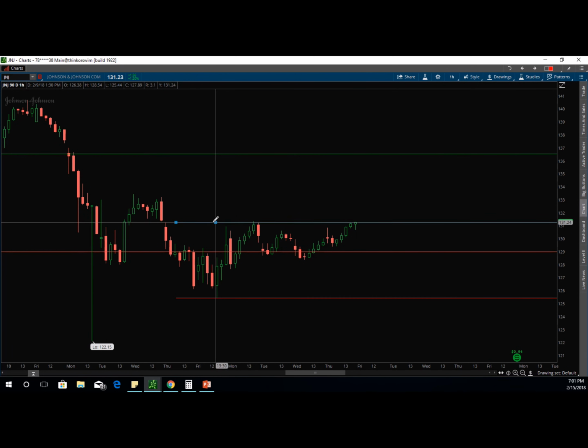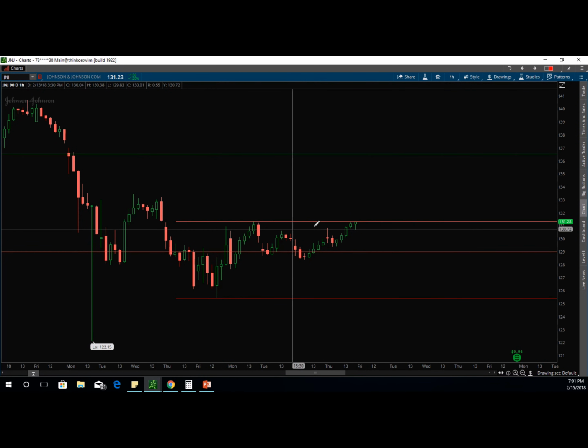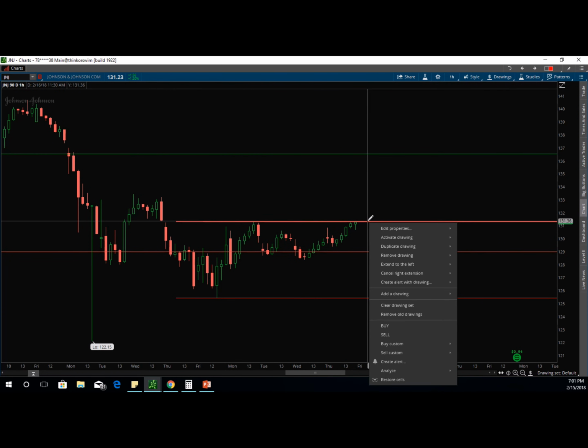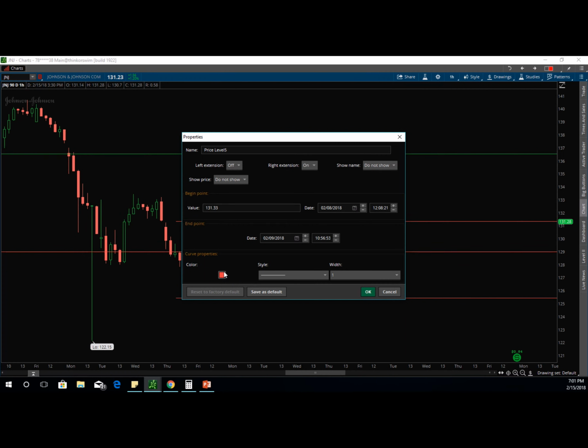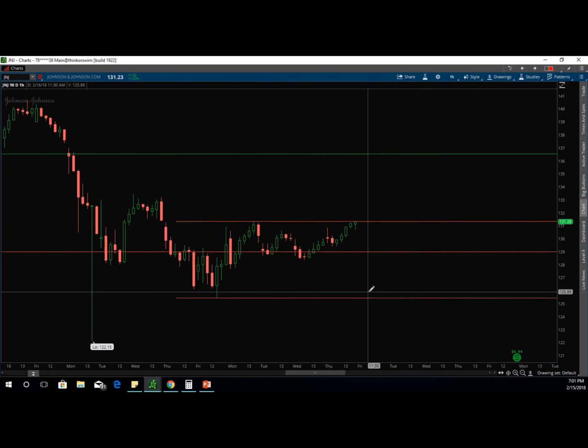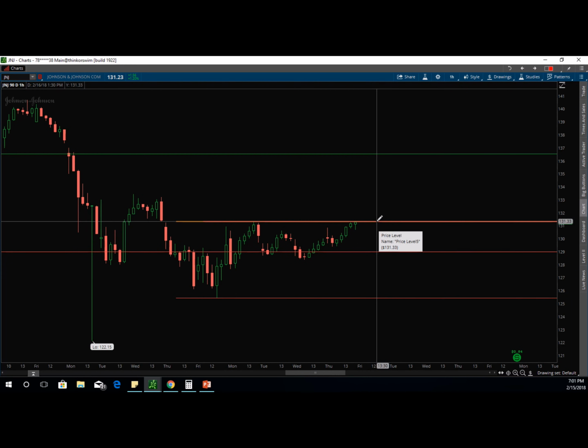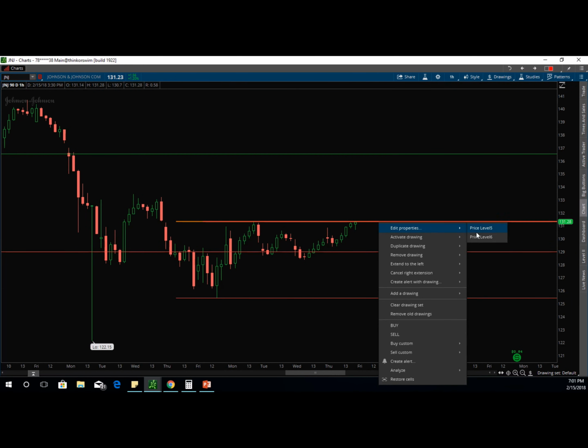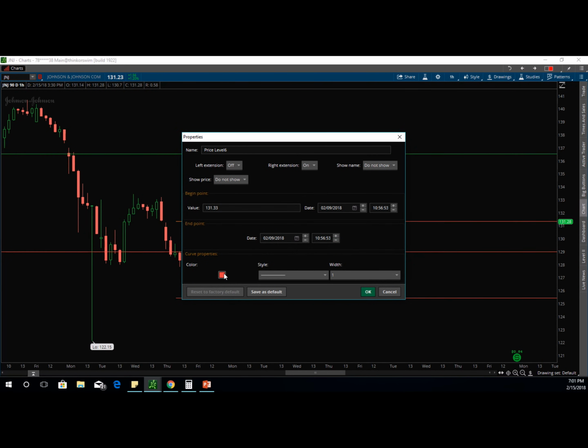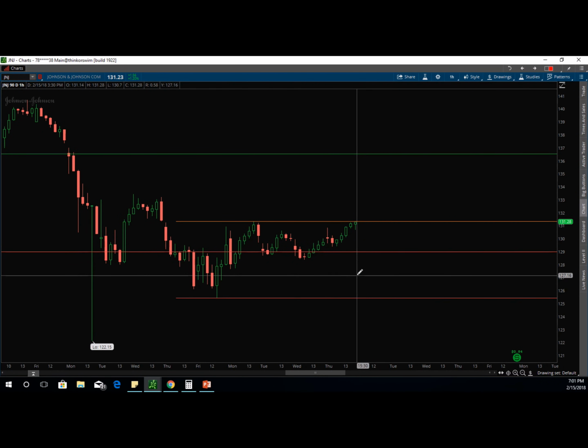So I'll draw a trend line right there, and I might make this one orange, or a random color. Because I have several trend lines, I might have to do it a couple of times. Try that again, orange. There we go. So now I know that if Johnson & Johnson can break this level at 133,